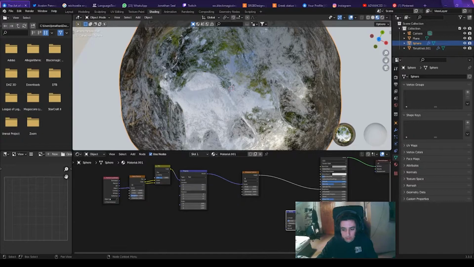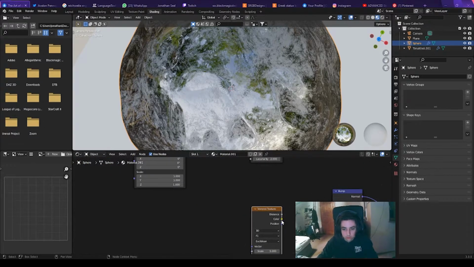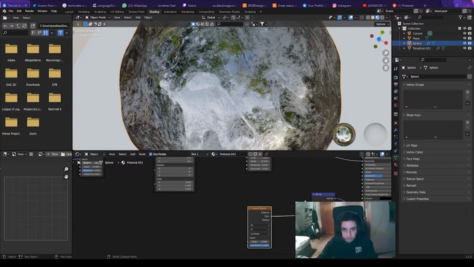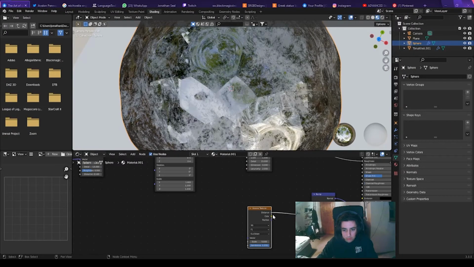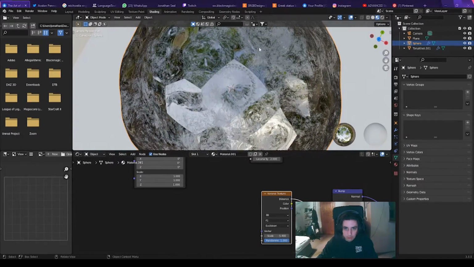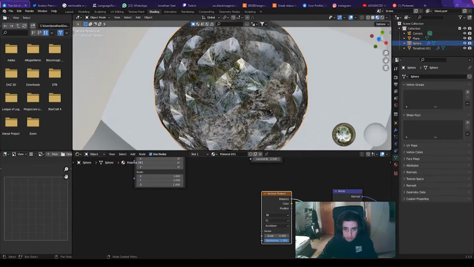So what I was actually going for is a pretty crazy node setup that is actually surprisingly simple. So the first step is a Voronoi texture. So you just search for the Voronoi texture and plug it into the height. Actually, let's take the color. No, let's actually take the distance. Oops, my bad. And play a bit with scale. So you can see the effect. You actually turn up the strength a bit, because it's gonna be a pretty extreme